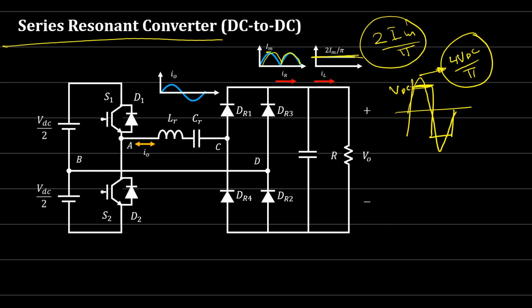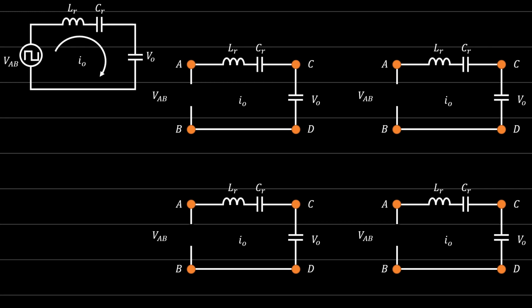Now, let's jump to the mode of operations for this converter. Now, it's clear that the output of this inverter is a square wave AC. Okay. So we expect that the voltage can be either plus VDC over 2 or minus VDC over 2, and the current also can be either positive or negative, right? So here, let's have a look at this. The input is a square wave, so we remove our